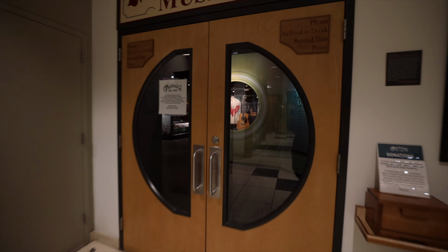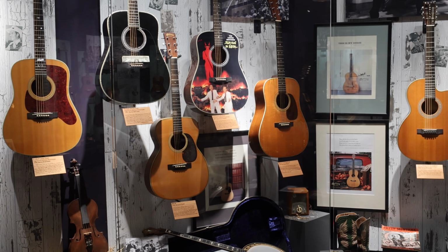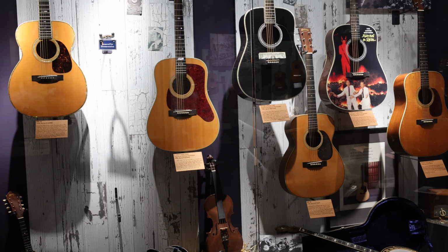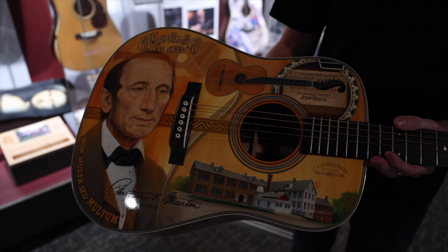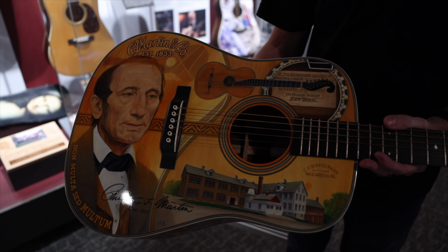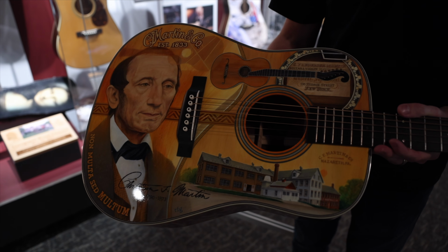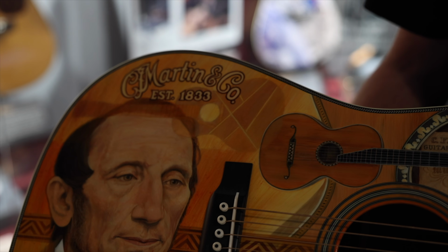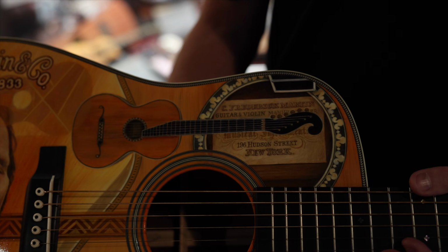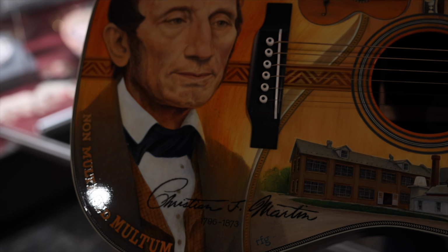In 2006, the museum that we're in now was opened at the Martin factory. I know it was important for Chris Martin to showcase the history of his family and the history of his family's company. This is the special hand-painted Robert Getzel 175th commemorative model. As you can see on the top of the guitar, it has a lot of the history of the company. You have a photo of C.F. Martin Sr., the North Street factory, an early Stauffer guitar along with the label. The Martin family motto, non salta sed multum,